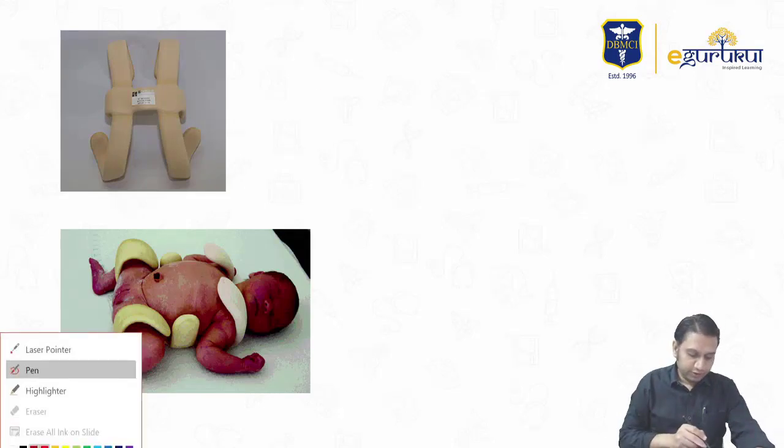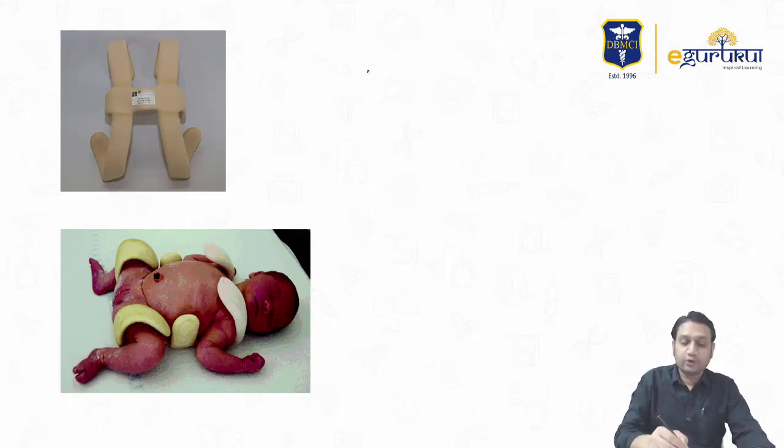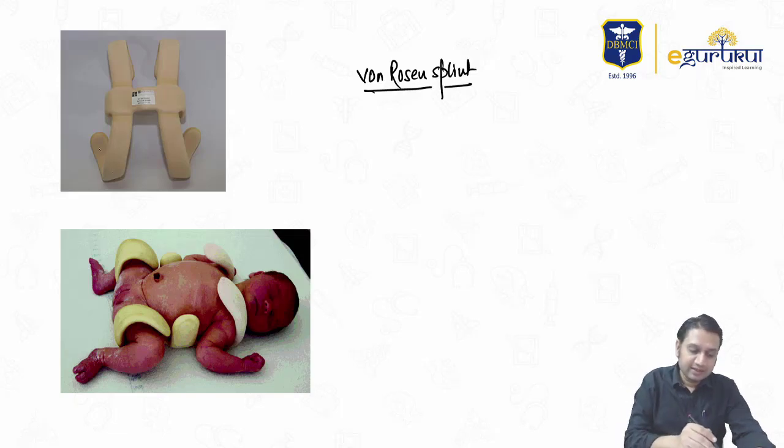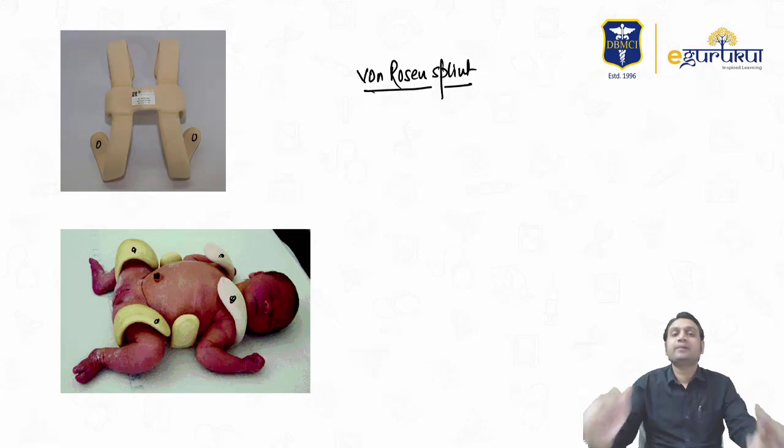So this one is what you call a splint. Okay, so this one is von Rosen splint, right? Now this splint, why do we call it a splint? Because it is malleable. See, this band can be molded as you want. So these are the ends of the splints which can be molded. So that is what we call a splint, splintages, okay, to give support. So that is von Rosen splint.